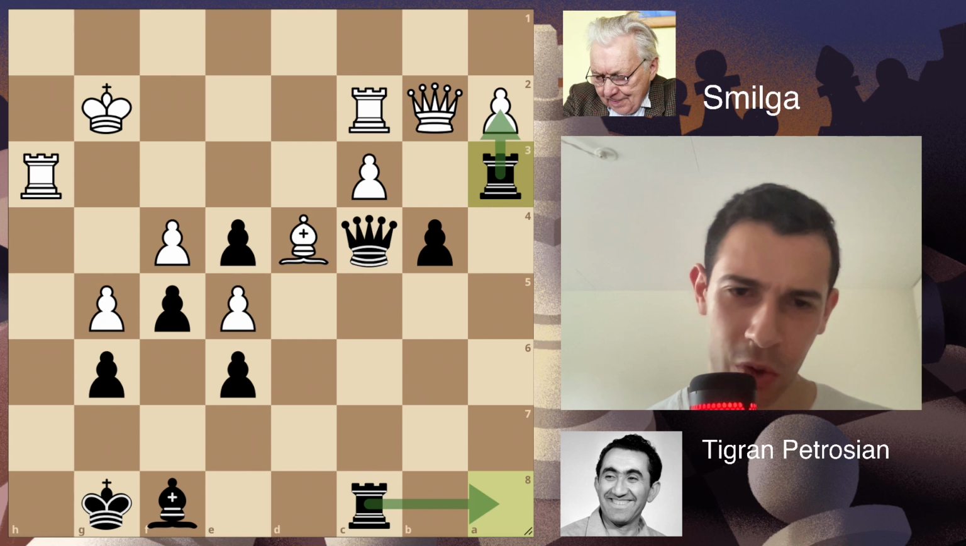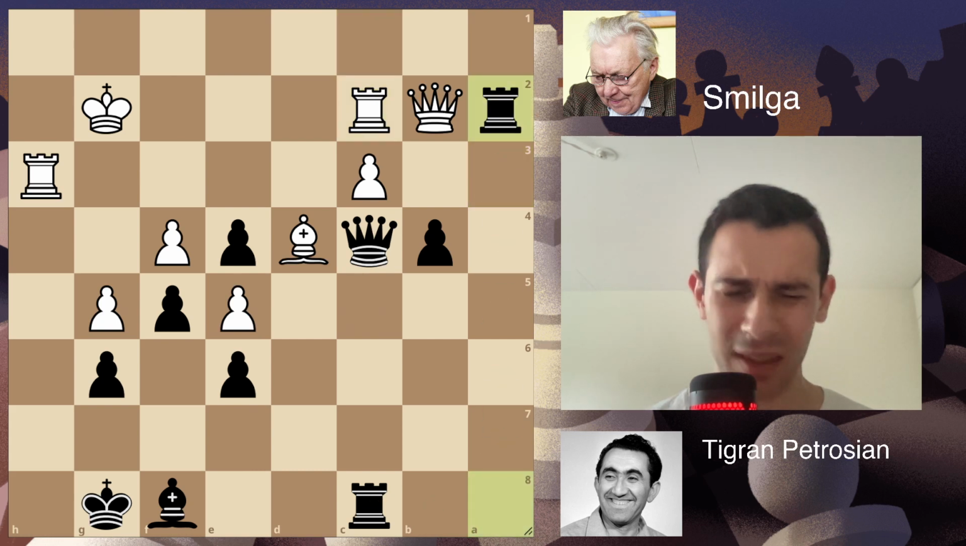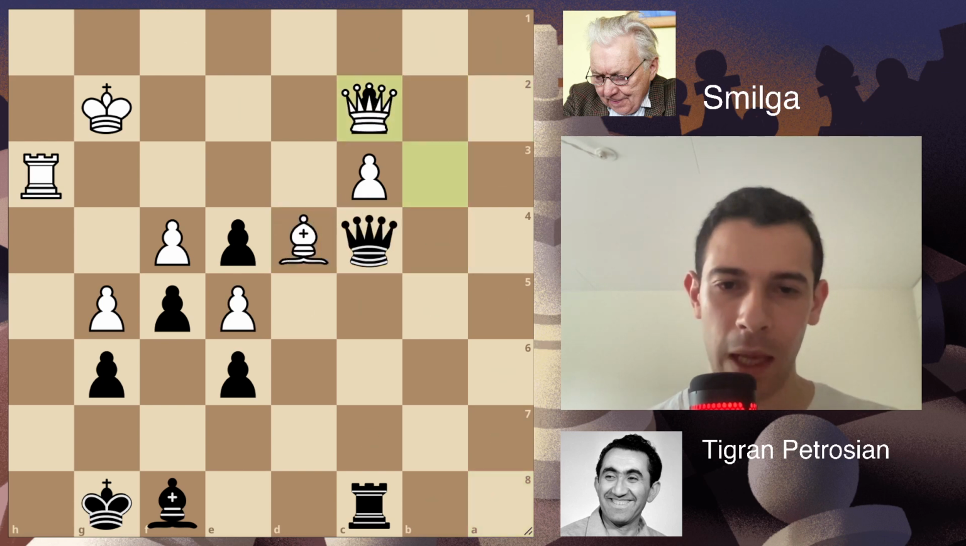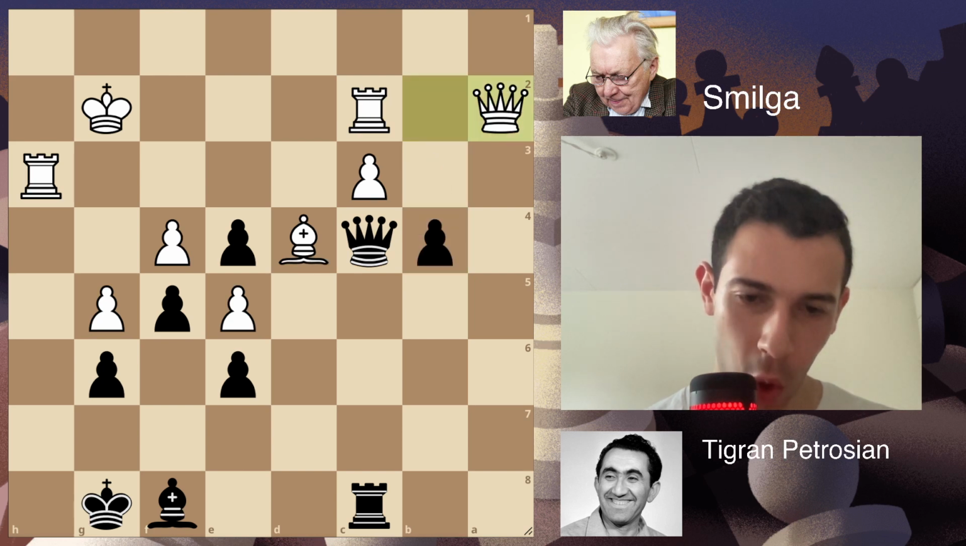Now why did Petrosian go rook a3 here and not rook takes here? Why didn't he take here? I mean, isn't it the same? If you take, I take here. If you move, I take and take. There's a catch here. So if you go b3 now,